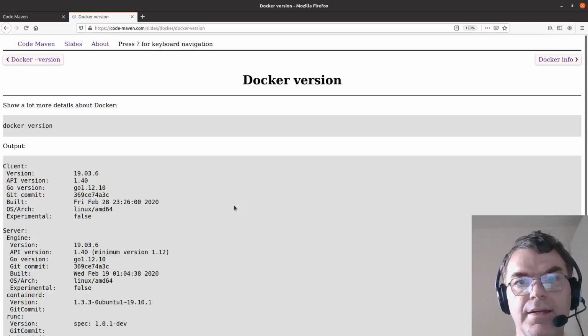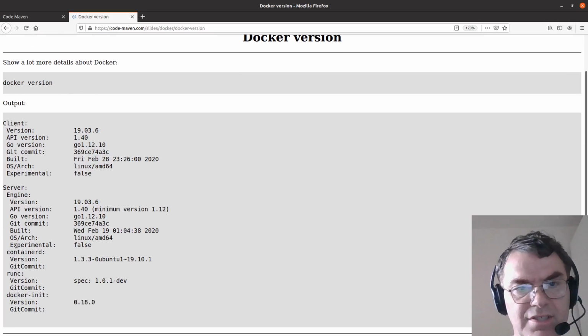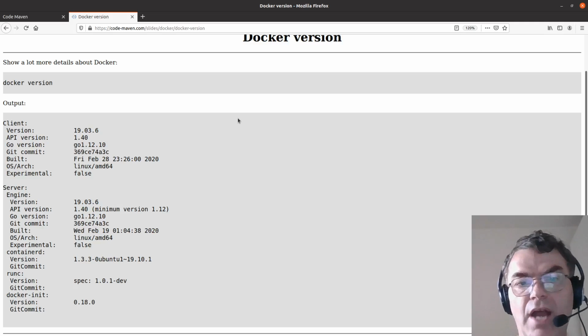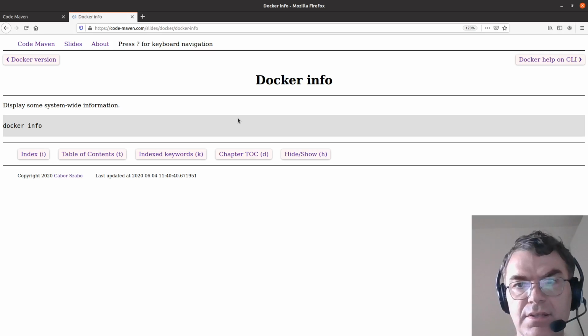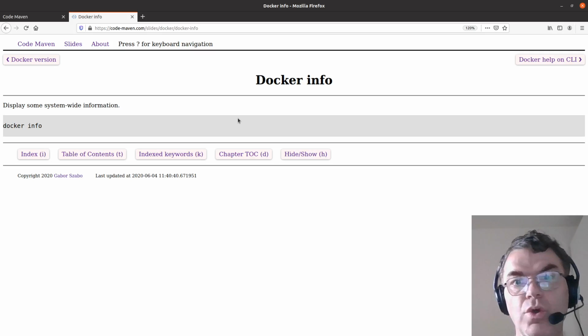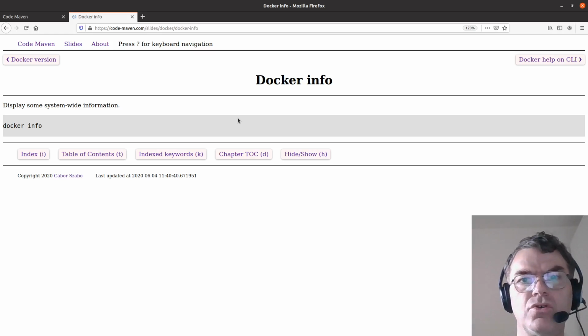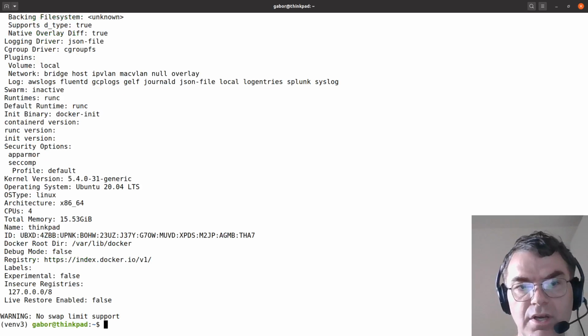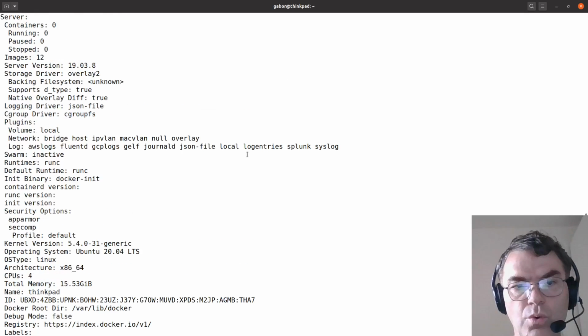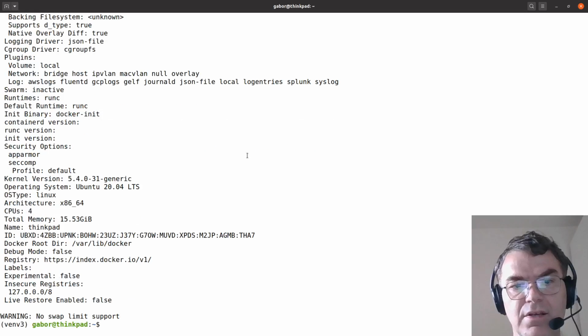And then the last one that I wanted to show is on the next slide. Here you can just see on the slide whatever I got when I created the slide last time. The last command in this case is showing information, so it's even more system-wide information you can get. You can type in docker info, and then it will show you a lot more details on your machine